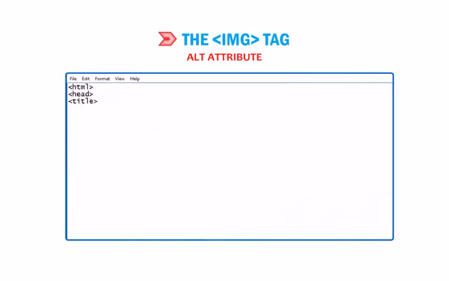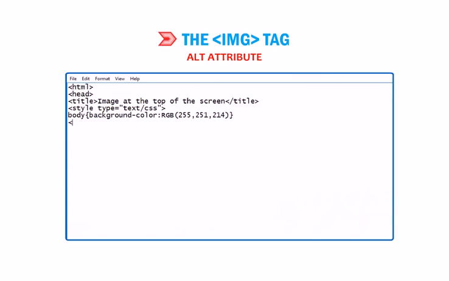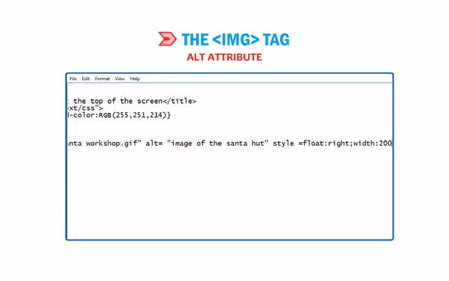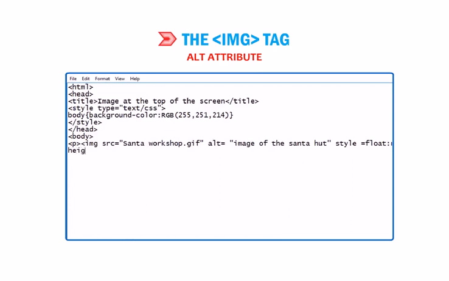<html><head><title>image at top of the screen</title><style type="text/css">body {background-color: rgb(255, 251, 214)}</style></head><body><p><img src="Santa workshop.gif" alt="image of the Santa hut" style="float: right; width: 200px; height: 150px"></p></body></html>